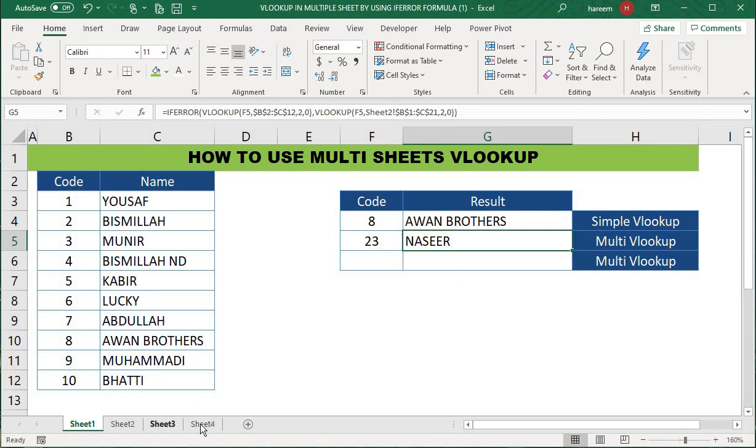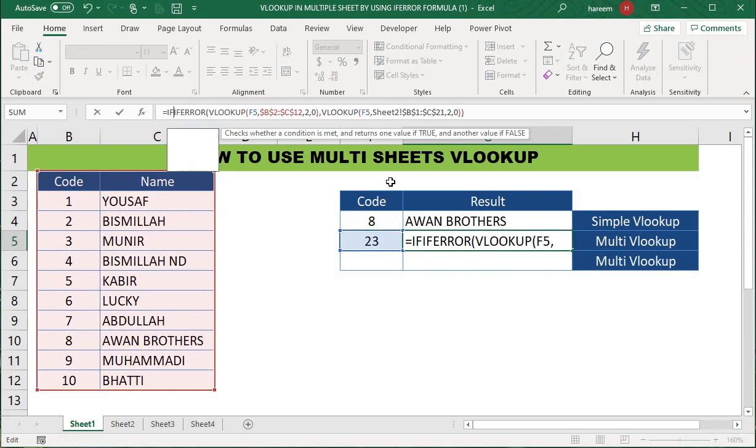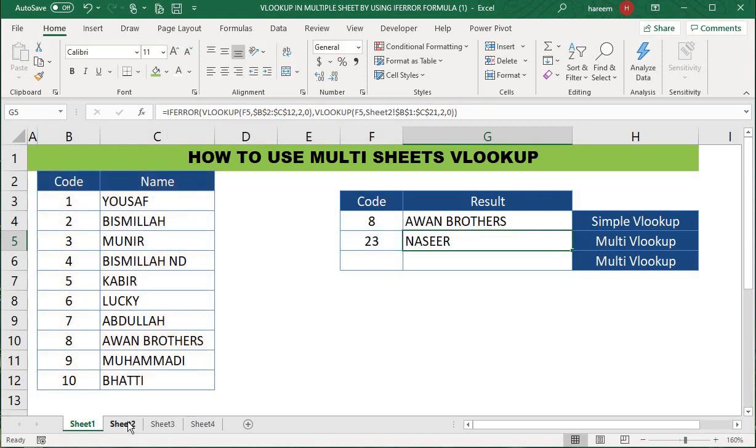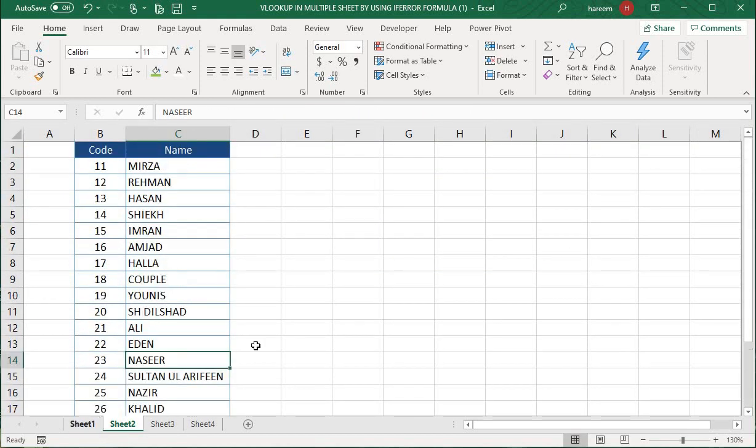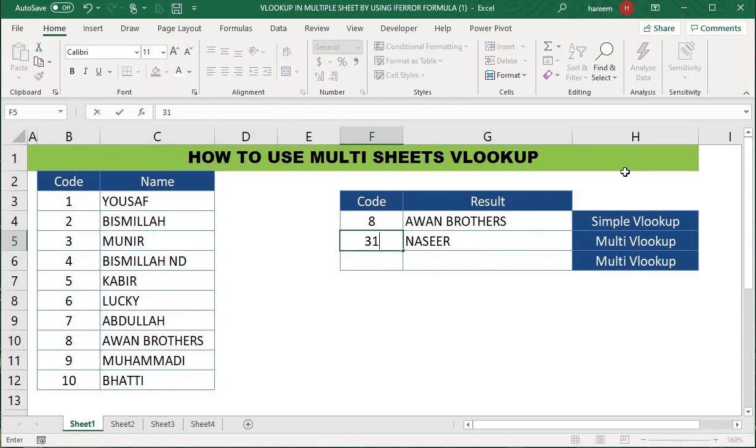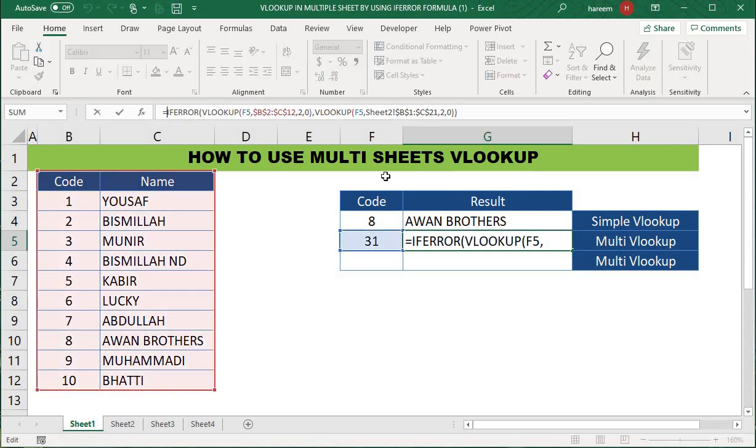Now we want to test the other sheets, 3 and 4. What are we going to do? Again use one more IFERROR. For example, the next sheet has data until 30. So when you mention here 31, you will not get anything. Then again you use IFERROR.